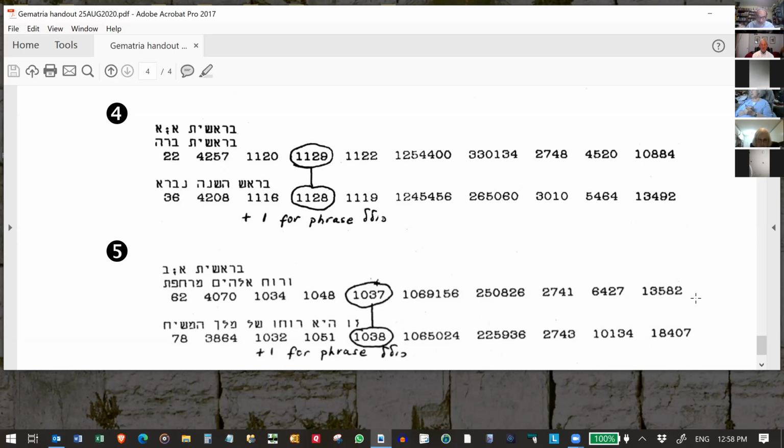And I'll finish up by going back to what the Ibn Ezra says, that it's nice drushes, but the Torah doesn't speak in gematria. The Torah was not written in Gematria. Everything should be understood in the Torah the way it's written. Ibn Ezra doesn't suffer the use of Gematria. He doesn't want to adhere to it at all.